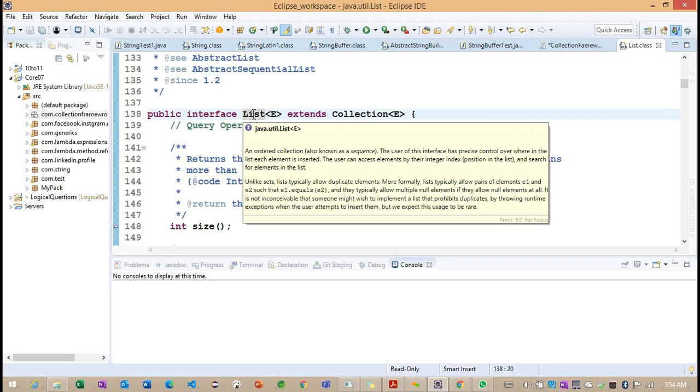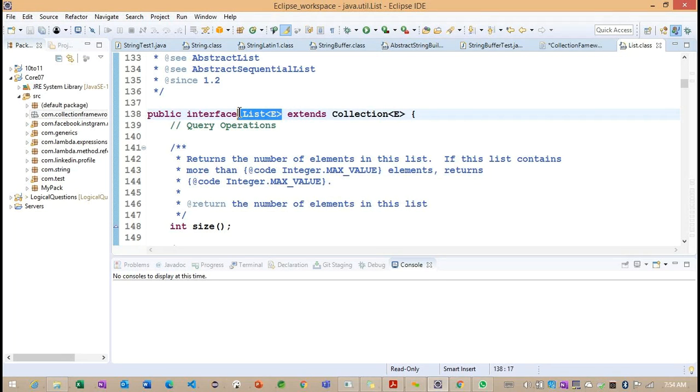But why was the List interface introduced again? Why was this particular List interface introduced here? Because as we discussed, the List interface is going to insert or load the object based on positions here. So how are we going to access the positions? That we are going to understand here, right? And using this particular List interface, we can store duplicate elements also, and this is the generic interface here. So again, we understand this is the generic interface.